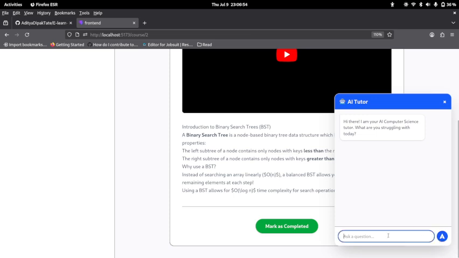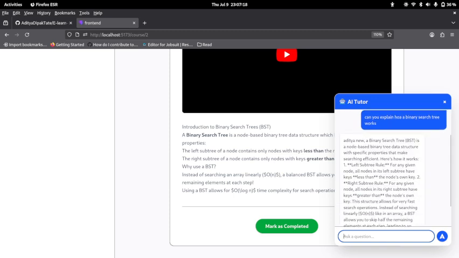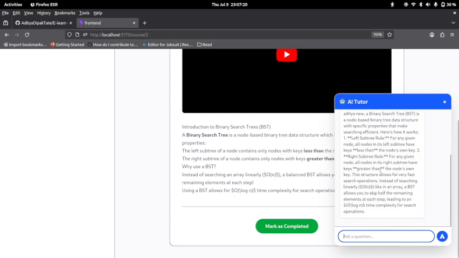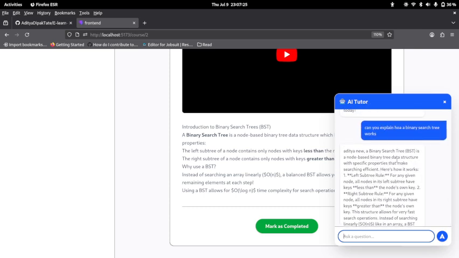Let's give it some prompt. Can you explain how a binary search tree works? See, it has given the response in real time, and you can see